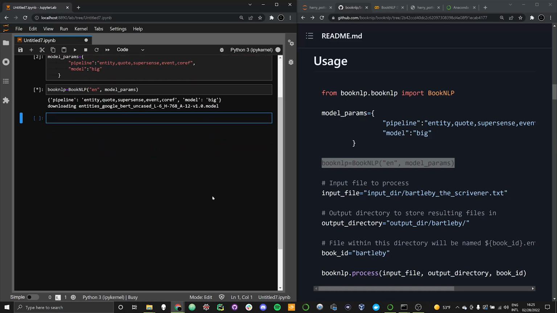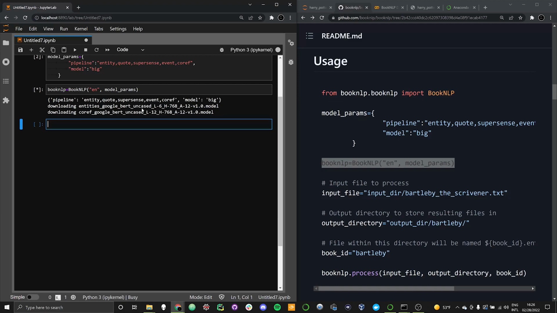Now, what you're going to see is going to take a little bit of time. What's happening is booknlp is going to Hugging Face, which is the main repository for a lot of different BERT or large language models. And what it's doing is it's downloading all of these models. Now, I'm going to be pausing the video again here because once you start doing this on your local machine and do it, you're going to have a very big problem after the models download when it tries to load